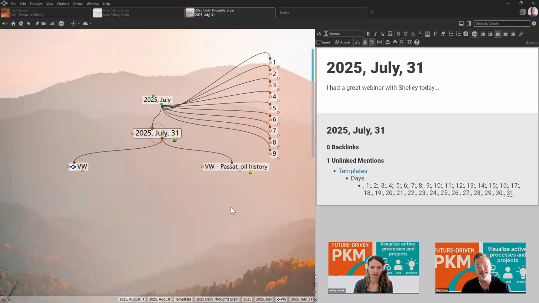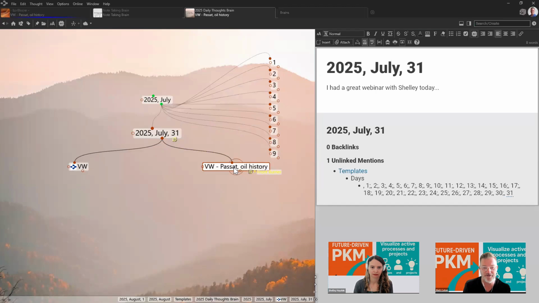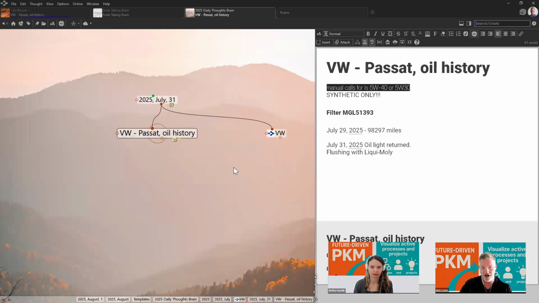And so that isn't a link to the other brain. That is a copy of that thought. So it's got all of the notes, all of the content, any file attachments that were there and so forth, just as a copy. And you can see there's even the thought tag it brought over with it.